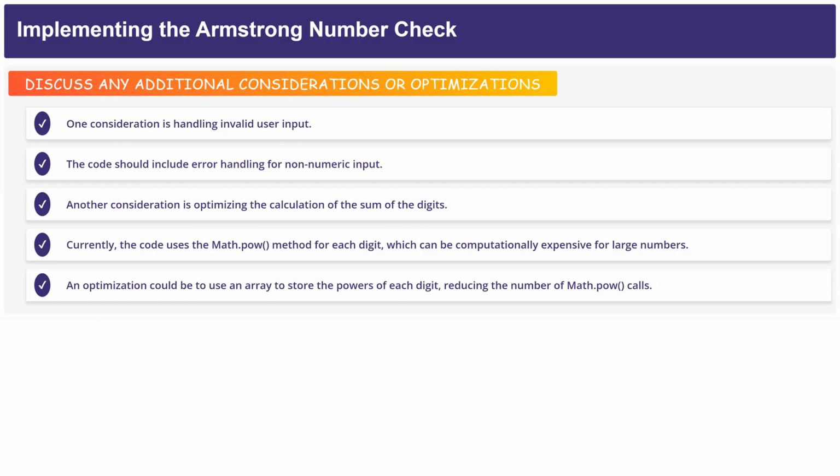When implementing the Armstrong Number Check, there are several additional considerations and optimizations to keep in mind. One consideration is handling invalid user input. The code should include error handling to account for non-numeric input. Another consideration is optimizing the calculation of the sum of the digits. Currently, the code uses the Math.pow method for each digit, which can be computationally expensive for large numbers. An optimization could be to use an array to store the powers of each digit, reducing the number of Math.pow